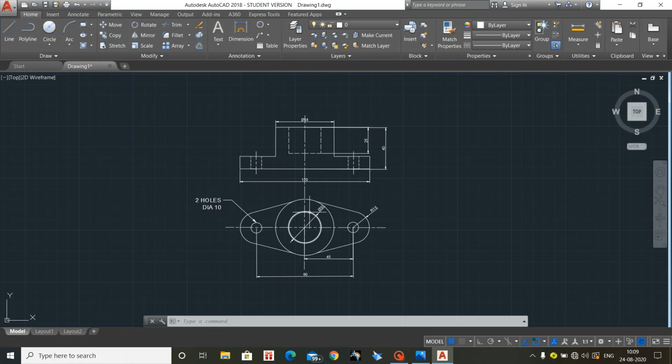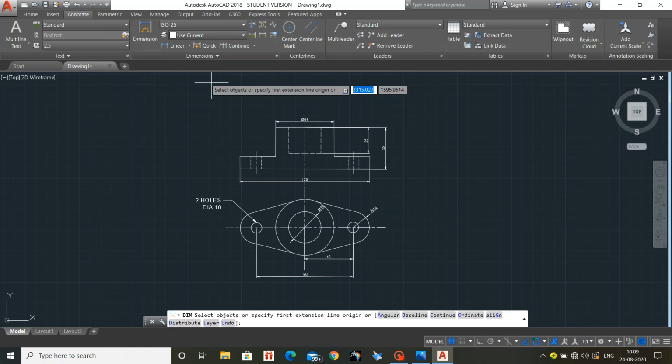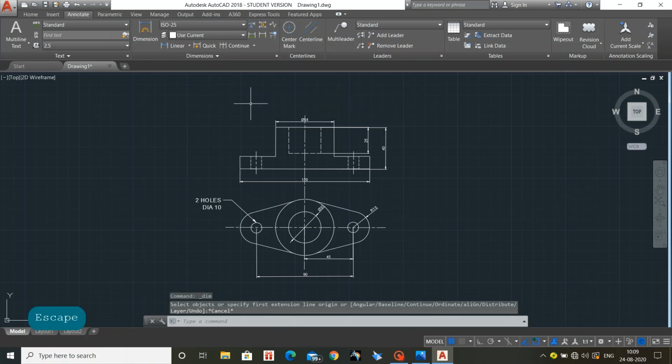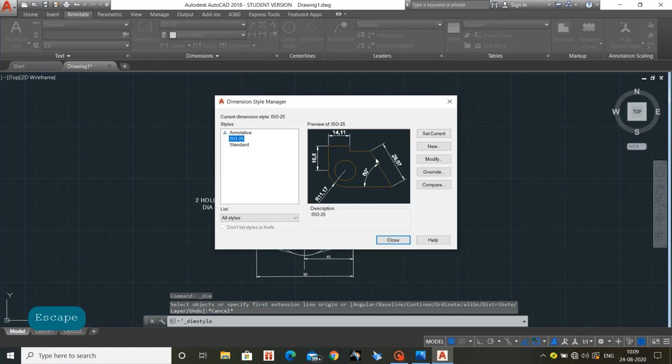So as it is appearing big and all the remaining appearing very small, right? Now I would like to change that. It is in the standard ISO 25. So now we have the option to change it. See, we have seen that, right? And different types of dimension. So this can be used for dimension, or directly in the Home you can use it for dimension. See, there is a small arrow mark beside the dimension.